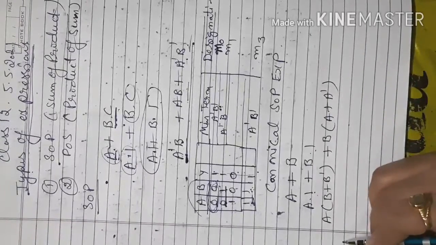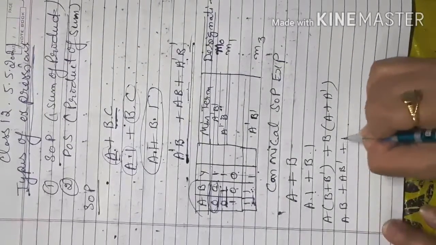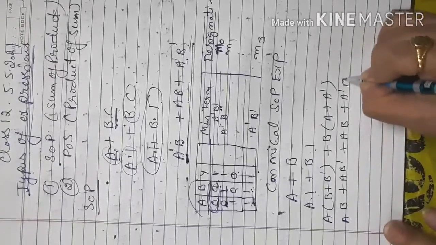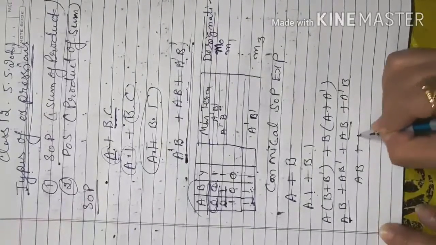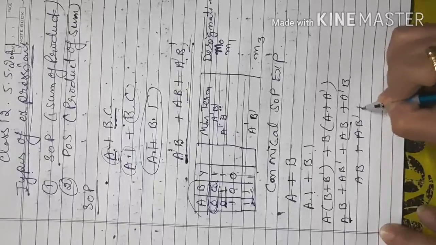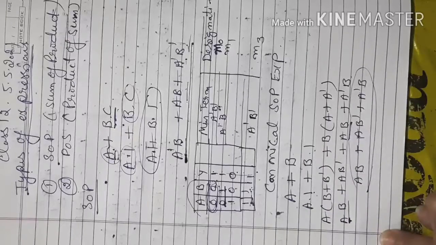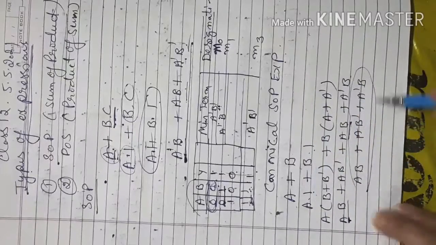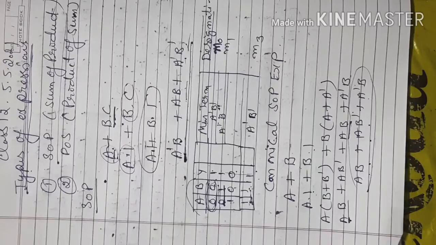When I multiply this by the distributive property, it gives me AB complement plus AB plus A complement B. This AB and this AB are the same, so we write it once, according to the Boolean expression: AB complement plus A complement B. So our conversion of A plus B into canonical SOP form is AB plus AB complement plus A complement B. Ultimately, my answer is that for all variables, whatever inputs are there, the product will be applied on them, and after that addition will be there. This is the sum of products form.